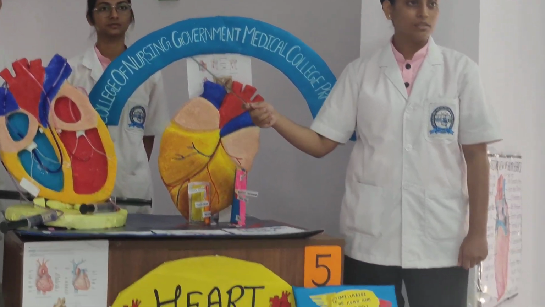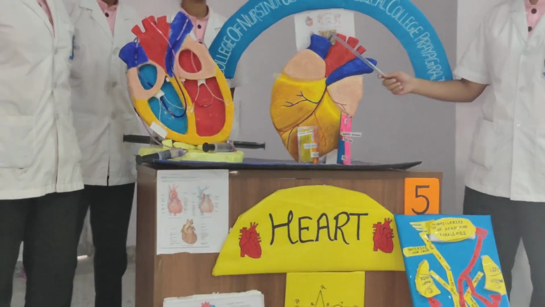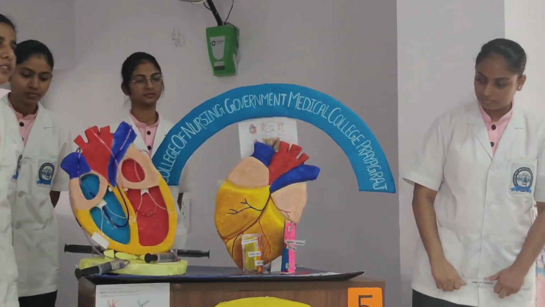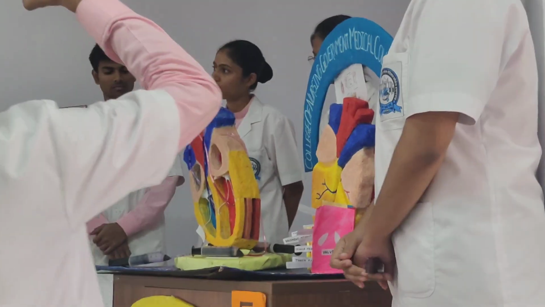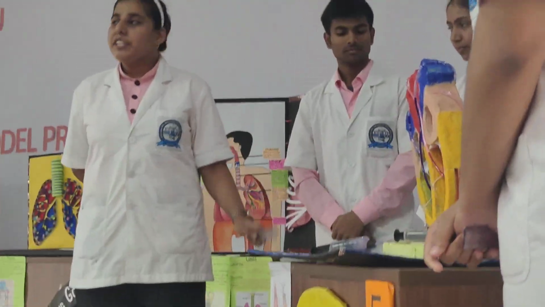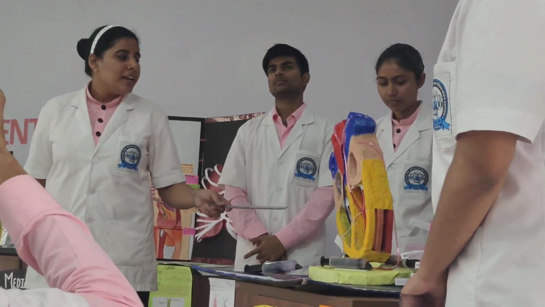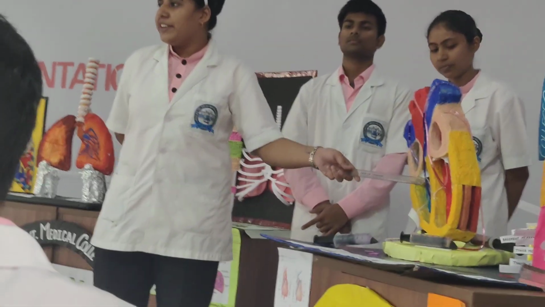Now Nyasa will explain the circulation of the blood. So the heart mainly does 3 types of circulation. In systemic circulation, the blood arises from the left ventricle through the